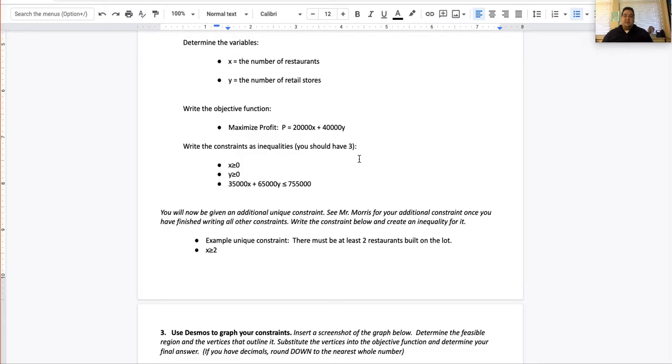You can come during seminar. You can come during class. I guess you guys are going to be in person starting next week. So you can ask me in class for your unique constraint. You can send me an email and say, I'm ready for my unique constraint now, and I'll give you one,